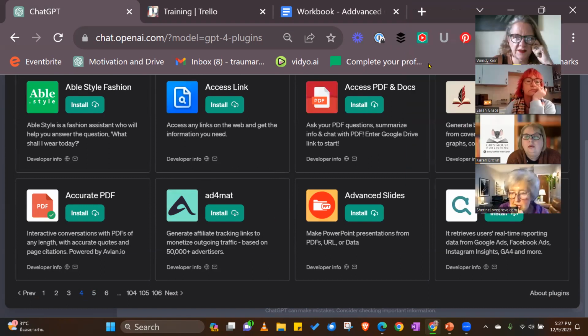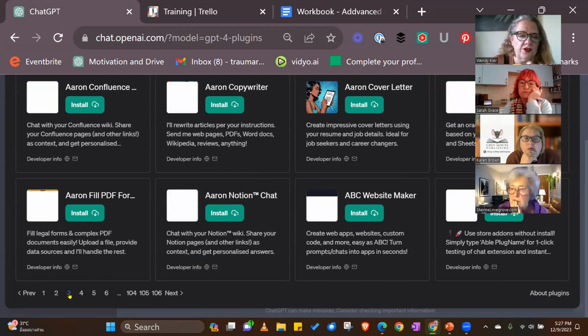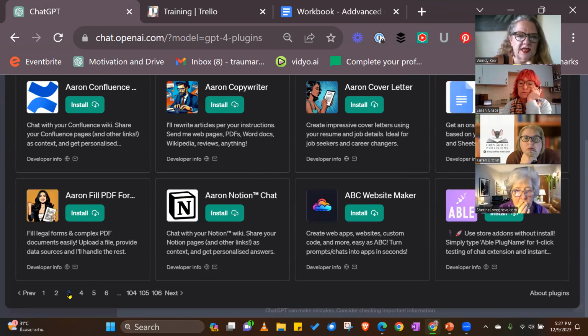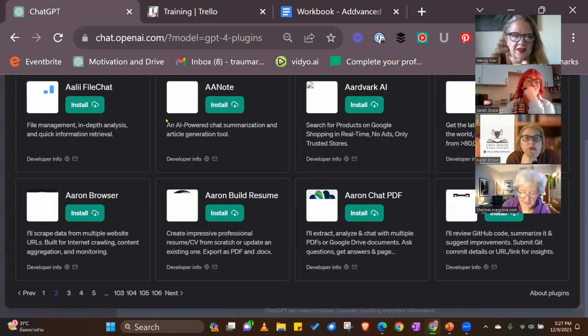Access PDFs and docs, access links, advanced files, make PowerPoint presentations from PDFs. So there are some useful tools in here, and it's worth going through to have a look. What's funny is that all the icons have started to change because now they have the capacity to create graphics. Before they were all just really boring graphics.